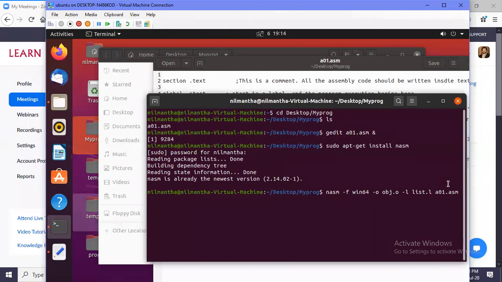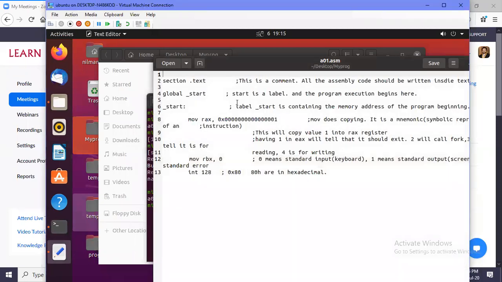To run a written command, you need to specify the command, then press enter. Now I'm going to press enter. It will only be assembled if your assembly program does not have any errors. If your program has errors, you will be told what kind of error you have encountered. It says in this assembly file, in line 11, we have an error: an instruction has been expected by the assembler. So we can go back and debug our program.